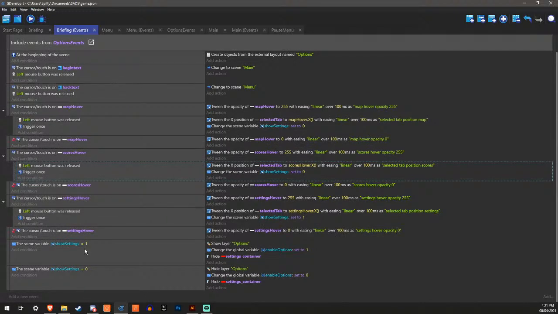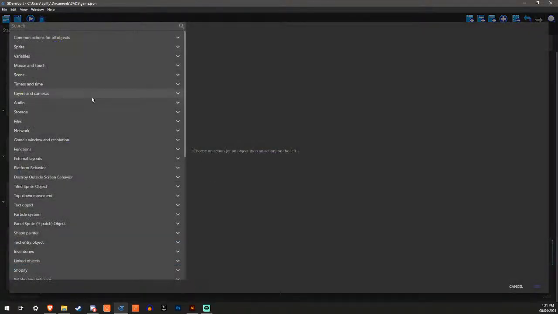So, I'm going to do that in the show settings variable, where before hiding this, I'm going to move the container.